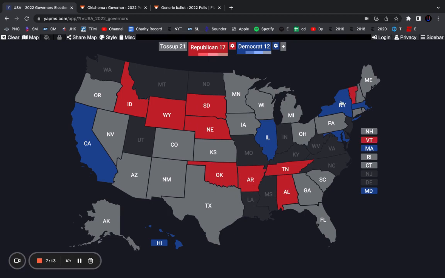And then Vermont, obviously that might be weird to see on a map because usually Vermont's super blue, but it's just because there's a super popular GOP incumbent, Phil Scott, who's going to win re-election by like 30%. He's basically a moderate, like a super liberal Republican. He'll win re-election easily. Same with Chris Sununu, who's a moderate Republican, very popular in New Hampshire. He'll win by a little less than he won by in 2020, but he'll still win by like 20, 25 points.